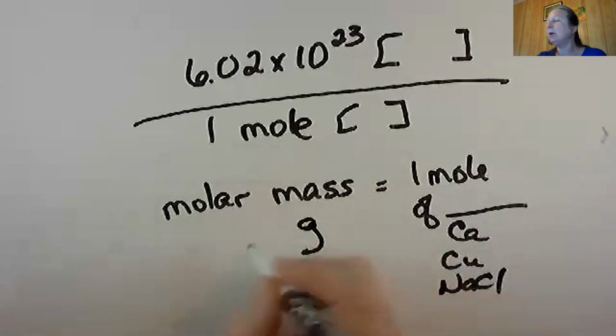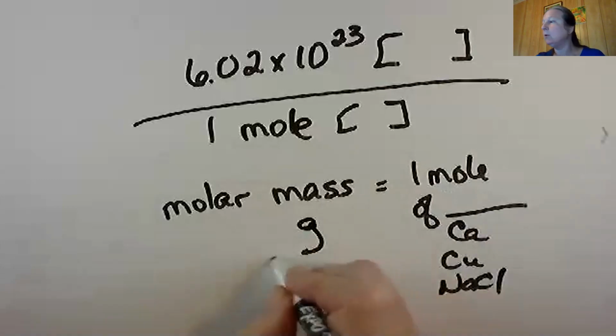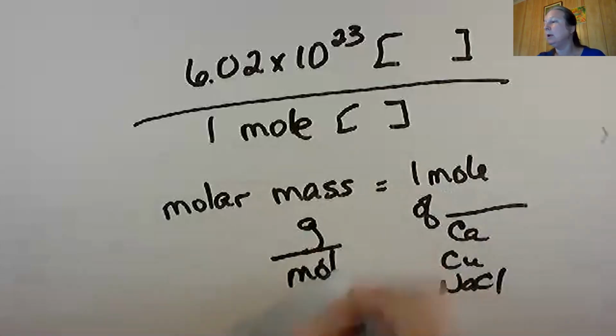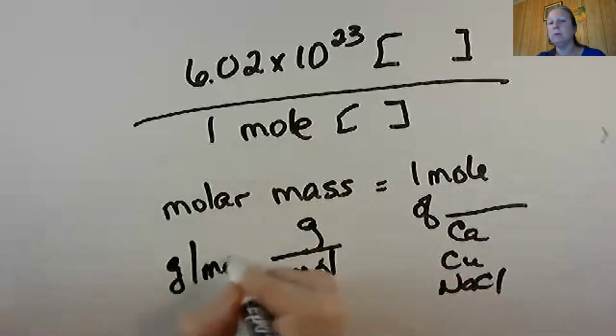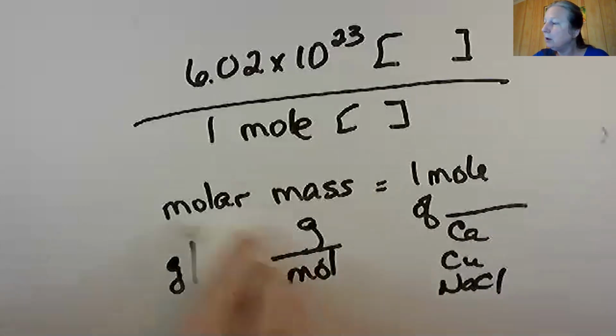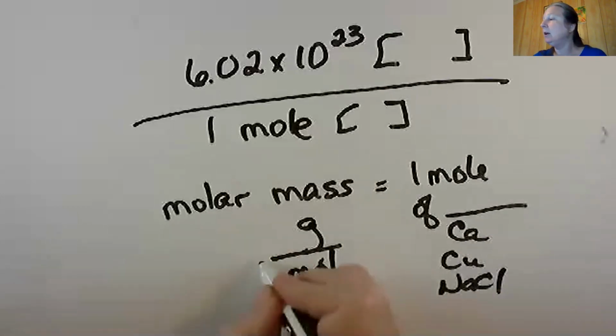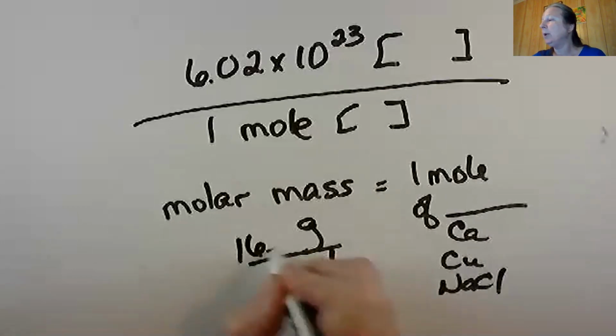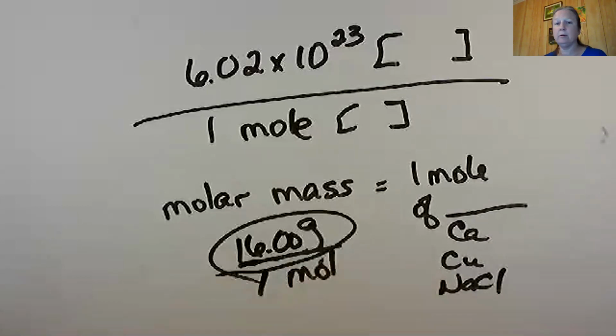And the number is in grams, and we call it grams per mole. And we usually just do this. So if I go to oxygen and I look on the periodic table under oxygen, depending on which one you look at, I'm going to see this. If it's 1 oxygen atom,